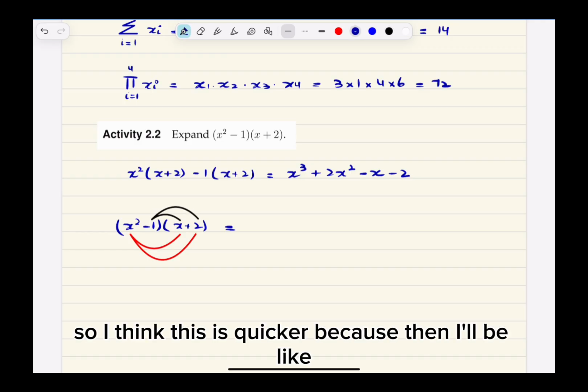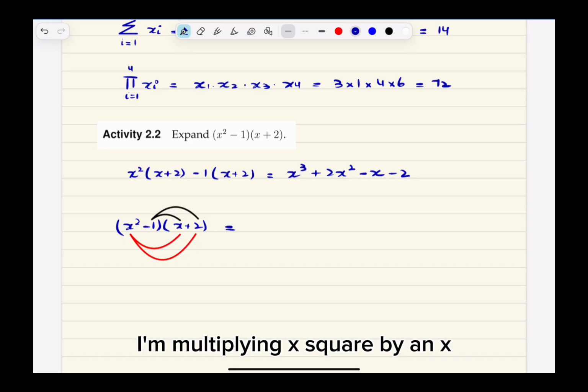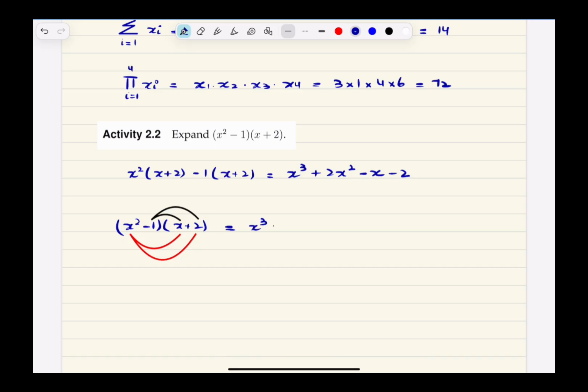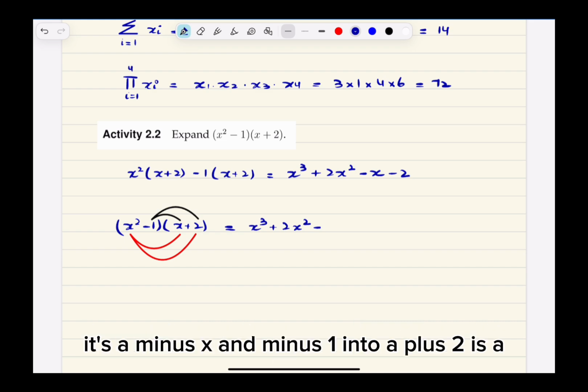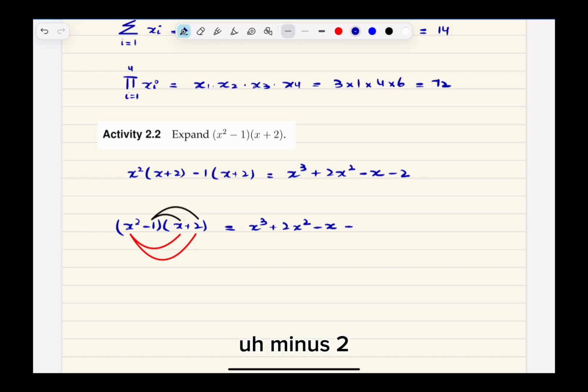So I think this is quicker, because then I'm multiplying x squared by x, so it's simply x cubed. Then we have 2x squared, then minus 1 times x is minus x, and minus 1 times plus 2 is minus 2. So we can even do this